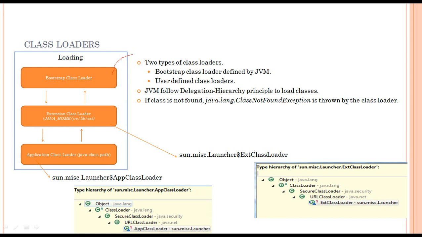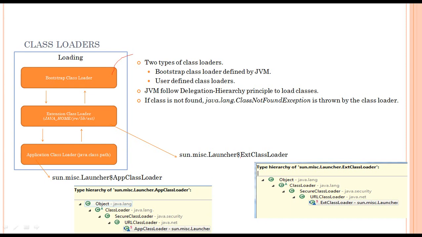We also have the user-defined class loader. So the other two class loaders that you see over here, the extension class loader and the application class loader, or we also call it the system class loader, are the two user-defined class loaders. These two class loaders are actually written in Java, so you can go ahead and check the classes that are actually loading the classes.